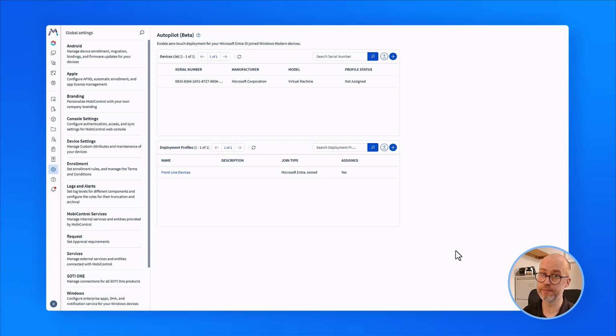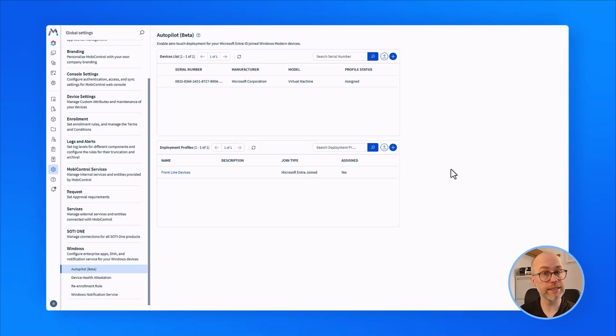Now that our device is assigned to a Microsoft security group and we have a deployment profile created that also is assigned to that security group, we can see that the device's profile status says assigned, indicating that there is a link between this device and the deployment profile. So we can now go back to our device, either a factory reset test device or a brand new device